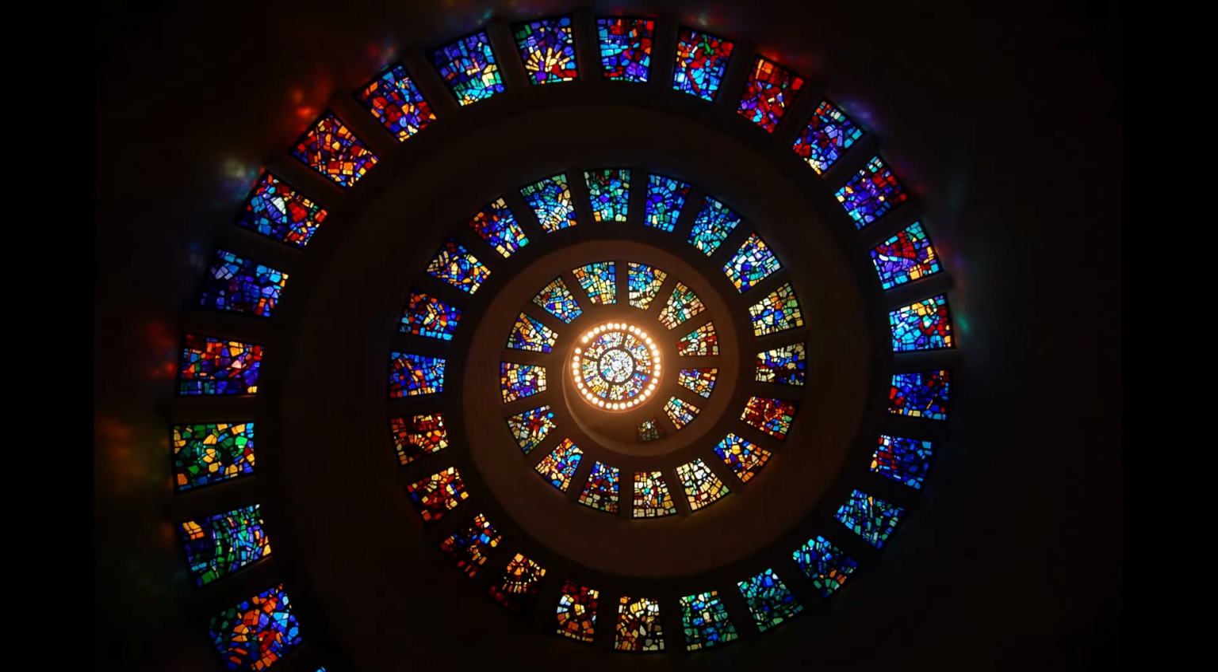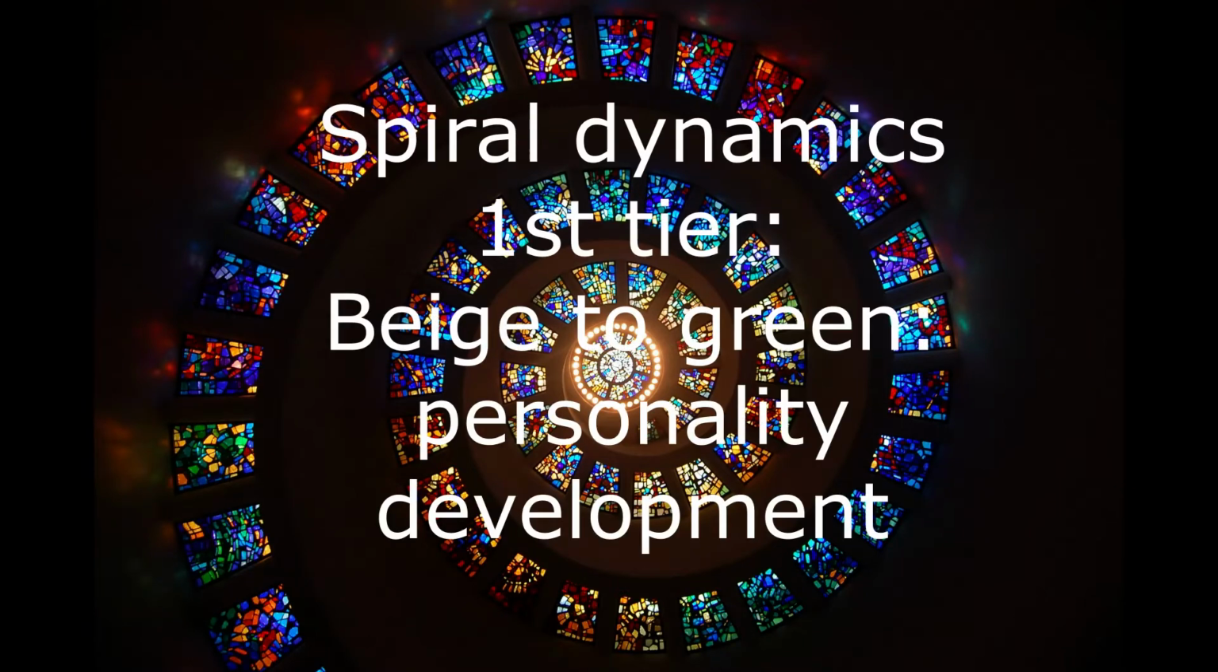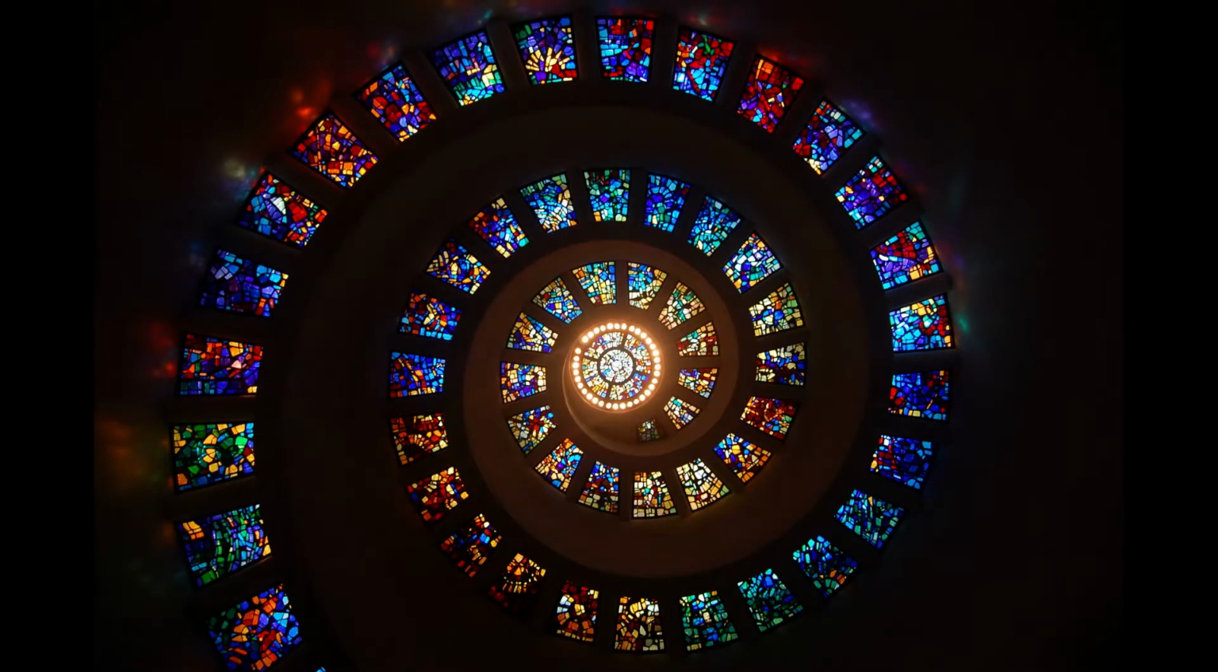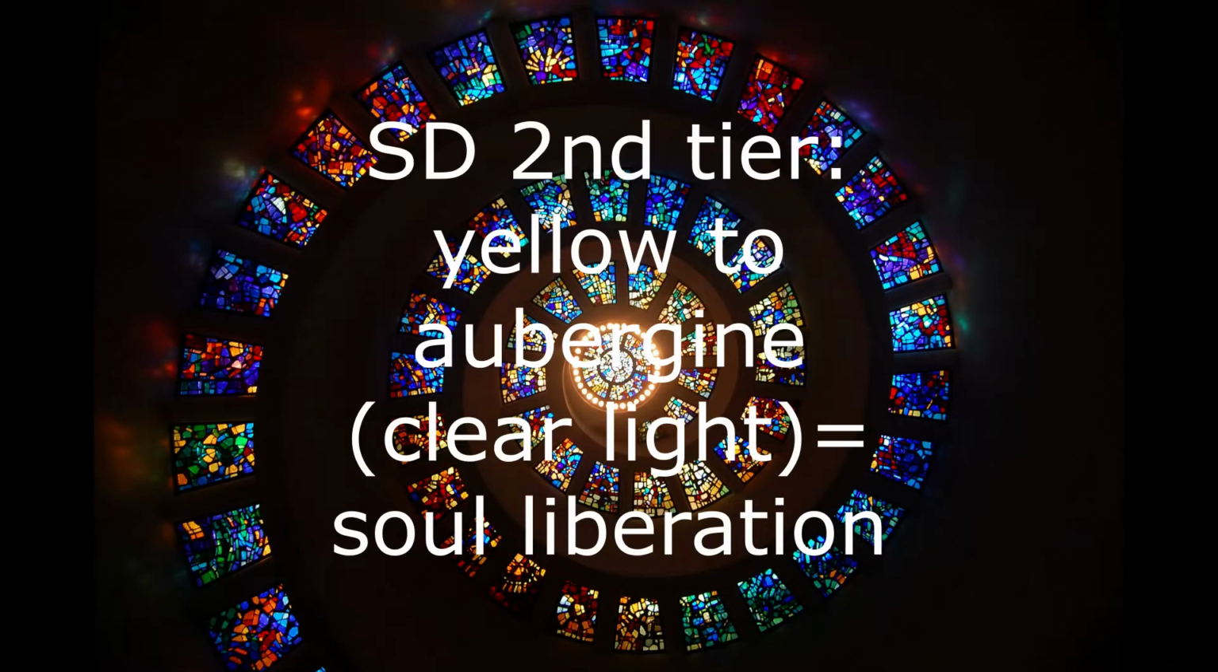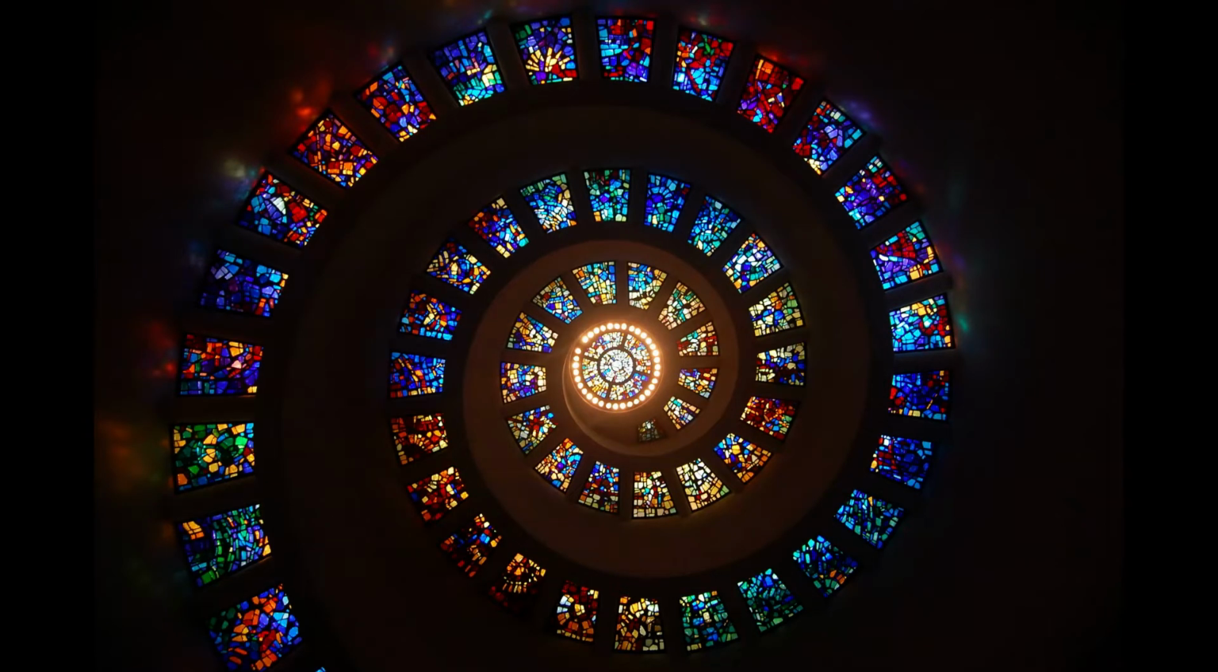In spiral dynamics, we have 6 colors of personality development from beige to green in the first tier, and then 6 colors of finding and liberating the soul in the second tier. The first 3 colors, yellow, turquoise and coral, have been described well. The last 3 colors, teal, plum and aubergine, or violet, ultraviolet and clear light, as Ken Wilber calls it, have not been described much. And then we have the Hawkins scale of consciousness by David Hawkins,